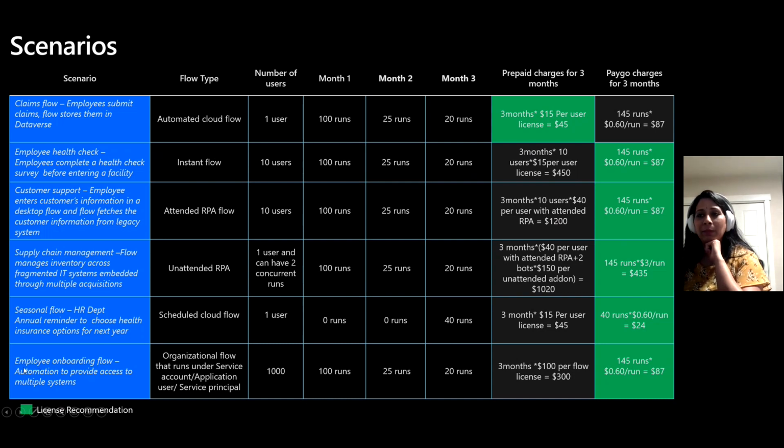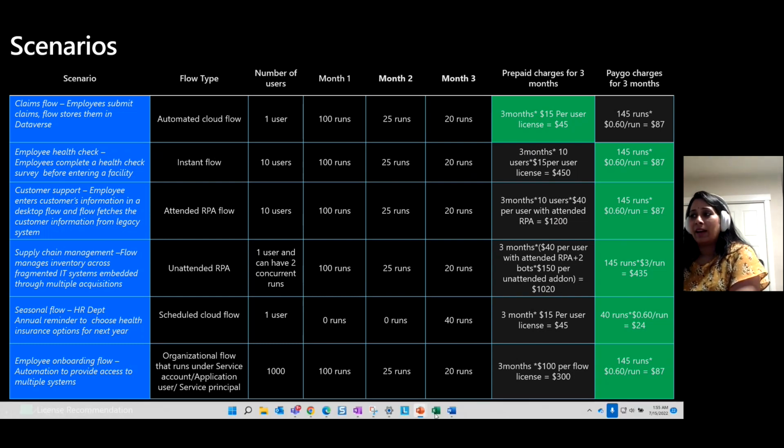The last example is the employee onboarding flow. This is an automation that provides necessary access to multiple systems anytime a new employee comes on board. It's an organizational flow. It is using a service account or app user or service principal. And since it is shared with a lot of users,